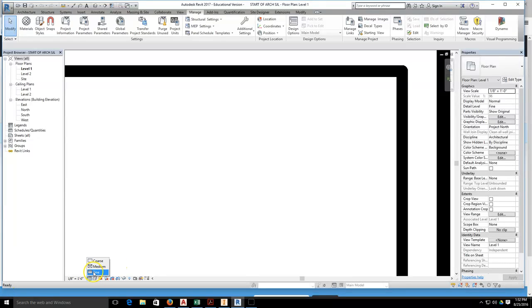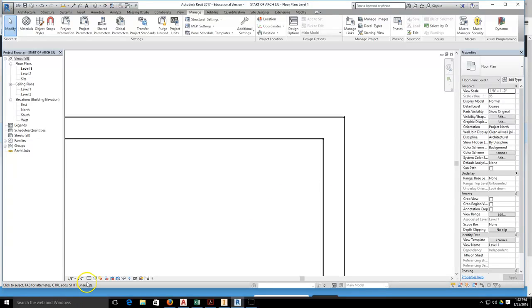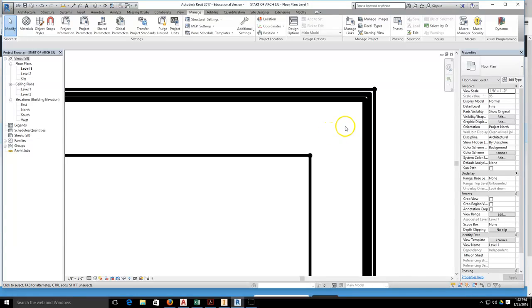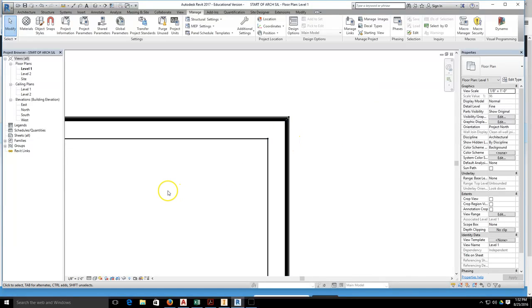So down here is the Fine tab. See Fine, Coarse. I think you guys are starting on Coarse. Is that correct? What are you on? Fine? Medium? You're on Coarse? Okay. So what you need to do in order to change your layers so you can actually see the layers